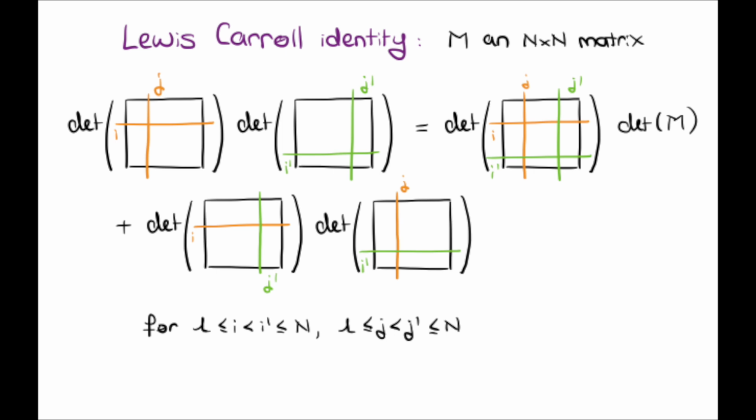This is always the matrix, and here you remove one line and one column. Here you remove another one. Here you remove both pairs of lines and columns. So this determinant times this equals this times this plus a term where you're mixing the pairs of lines and columns that you're